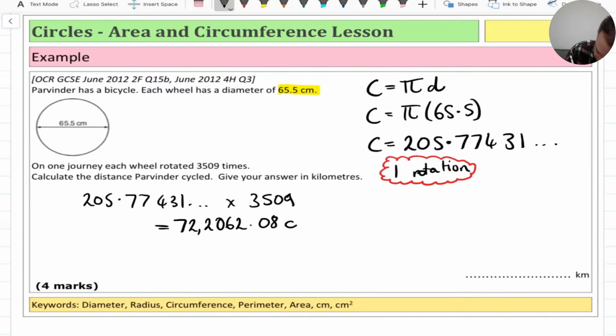Now don't forget this is in centimeters, and they said that they want it in